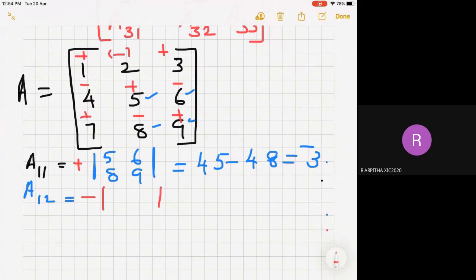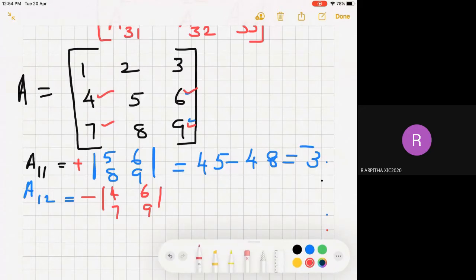I am getting the determinant 4, 6, 7, 9. So its value is equal to,